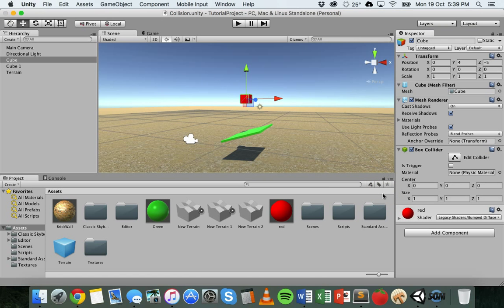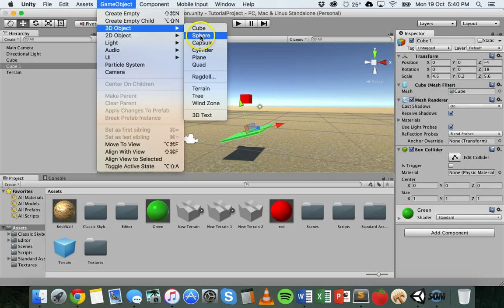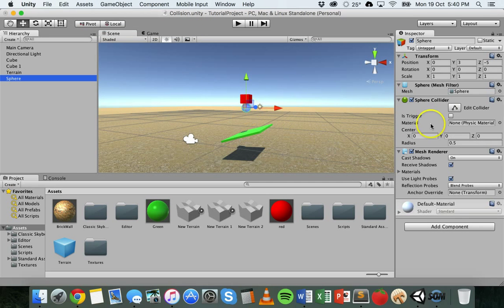So when you create something like this cube that I've got here, you'll see it will probably have a box collider already attached to it in the inspector. And same with this cube here, which actually isn't really a cube anymore, but it was created from a cube, so it's got a box collider as well. And so, when you go up to game object and create a 3D object like a sphere, well, this sphere also has a sphere collider. Okay, so objects like cubes, spheres, capsules, they already have collider components when they're created,